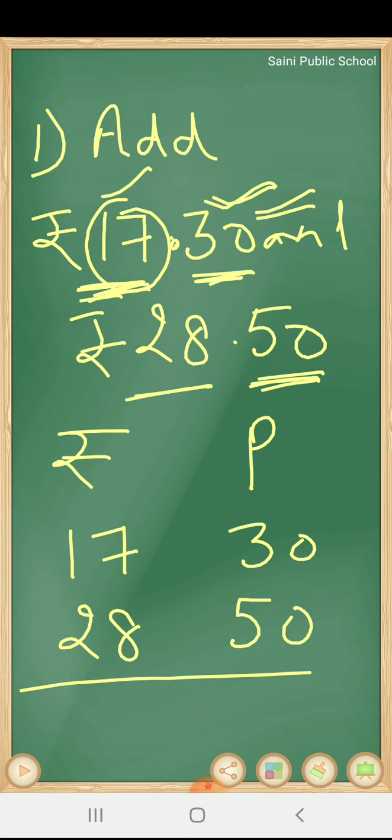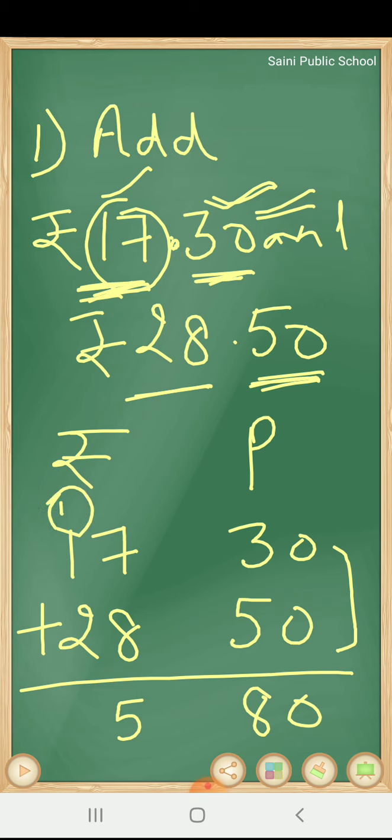Now we will add these two numbers and put a plus sign here. Now start doing addition. We always do addition from the right side. So 0 plus 0, 0. 5 plus 3, count on your fingers, 5 plus 3 is 8. So 80 paise. Now move to rupees. 7 plus 8, how many? Count on your fingers, 7 plus 8, 15. So here 5 and 1 carry to the next place. Now 2 plus 1, 3, plus 1 carry.